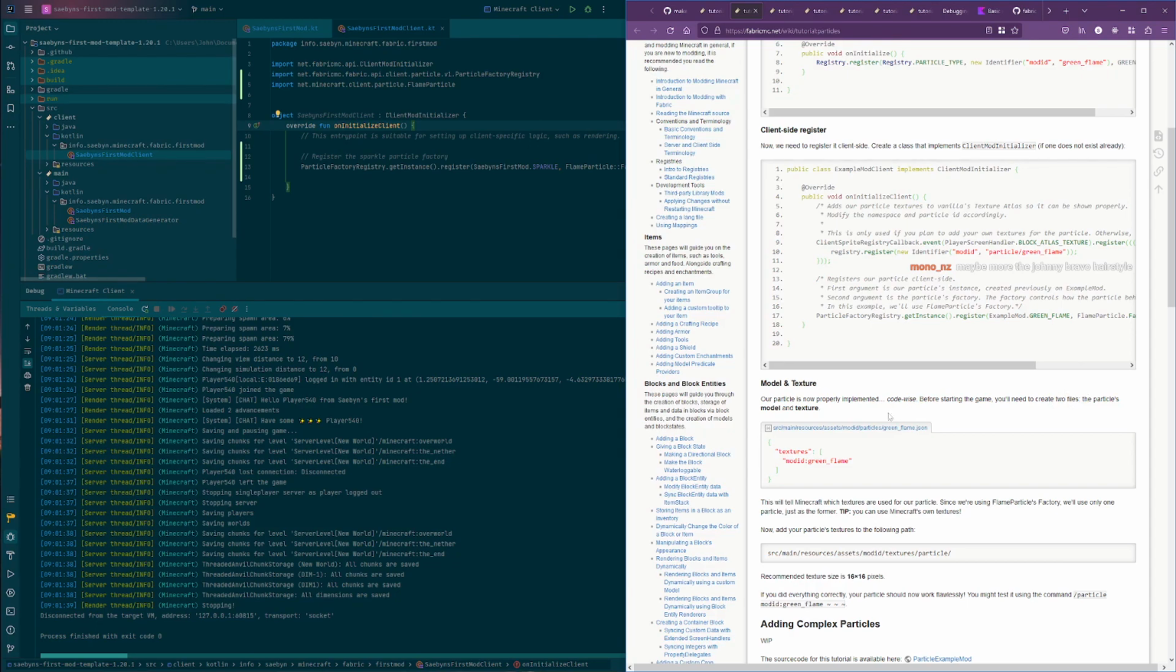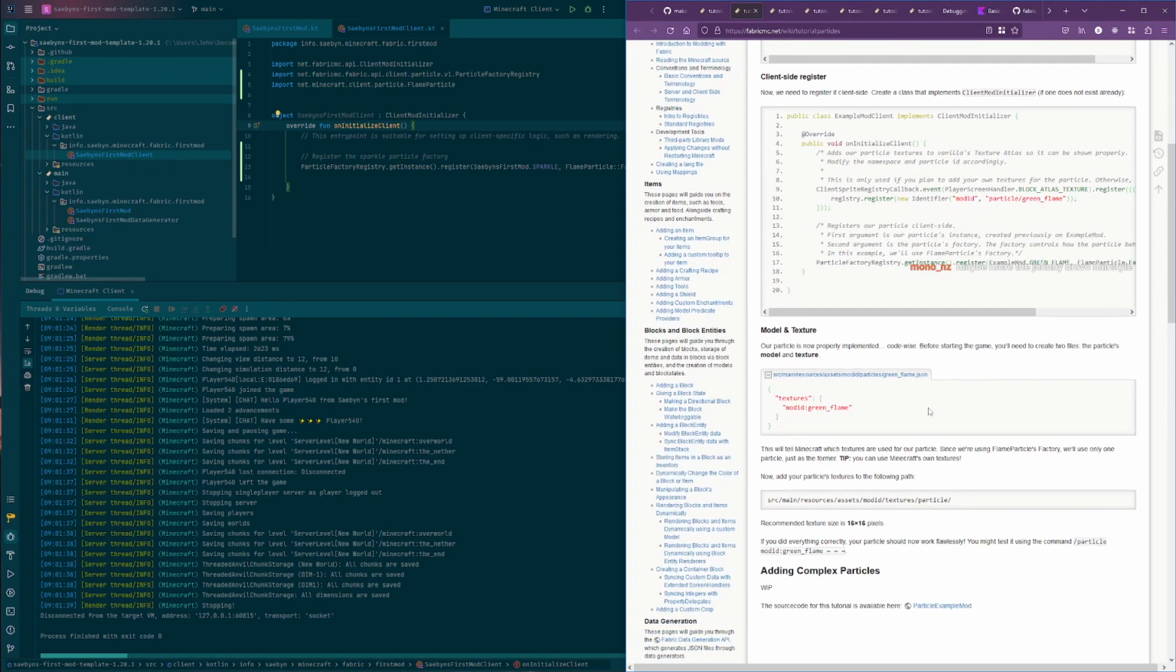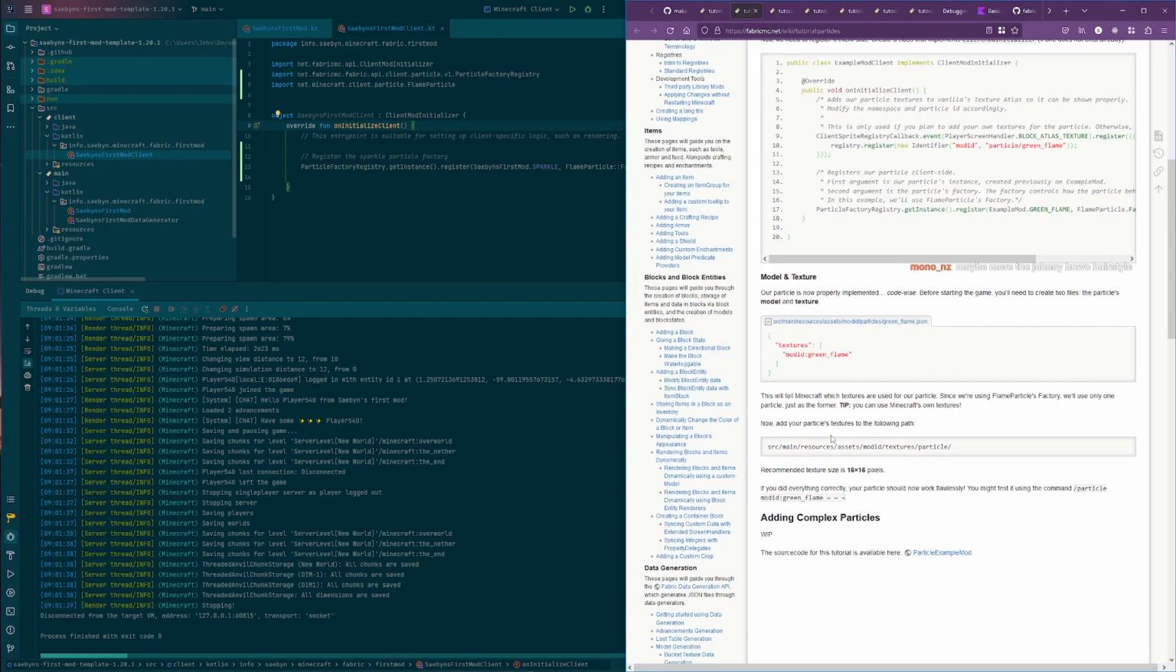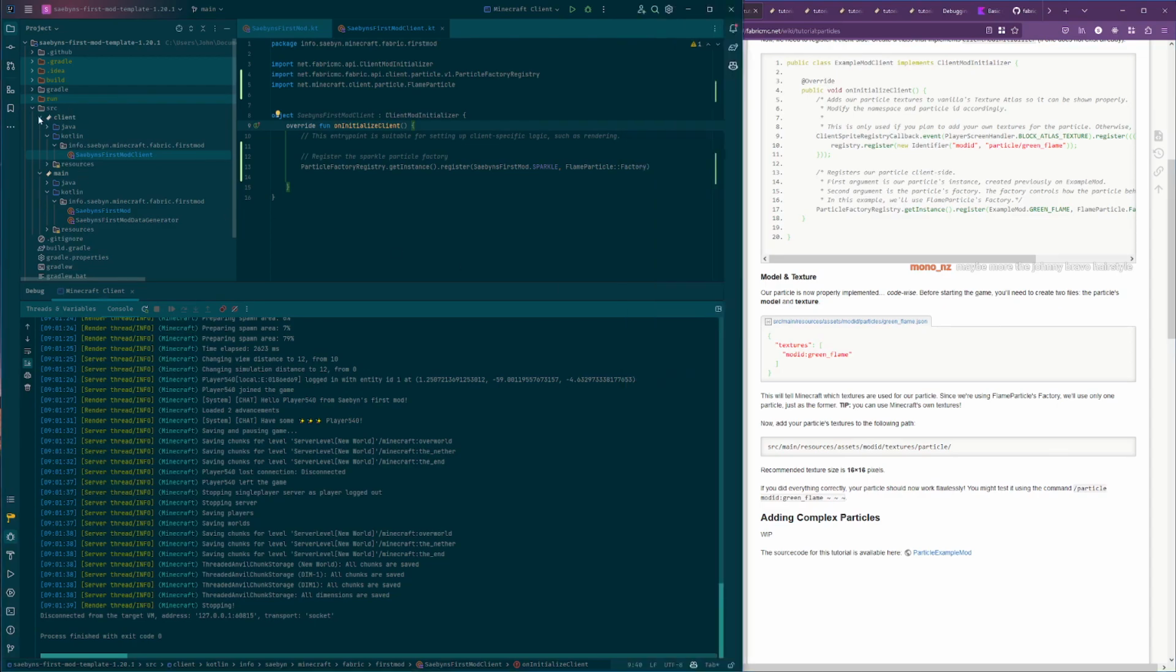Okay, create two files: the particles model and texture. So this is the assets mod ID particle screenflame.json. This will tell Minecraft which textures are used for a particle. And then you put the texture in textures. So we want to create a model. Let's see, src main resources,